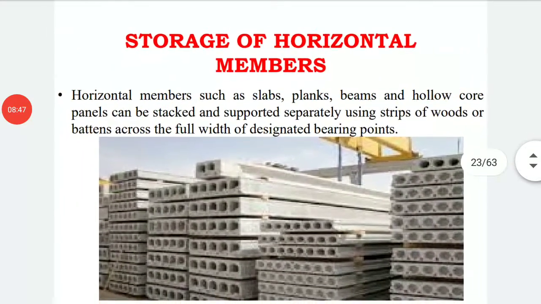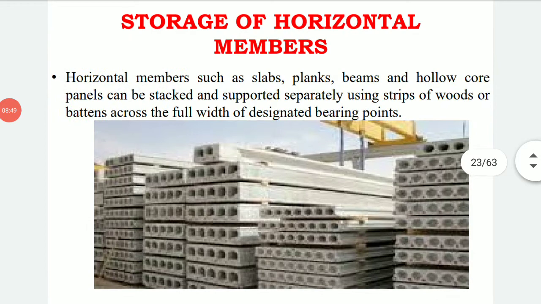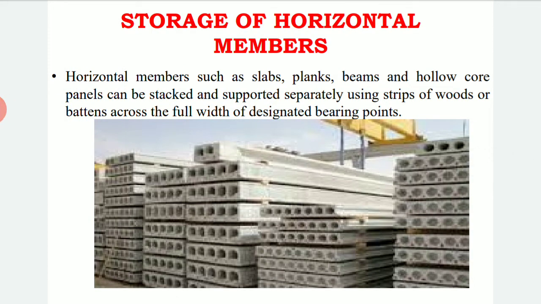Okay, we'll study one by one about these horizontal members and the vertical members. So we'll study the types of storage places, that is, storage of horizontal members. Horizontal members such as slabs, RC planks, beams and hollow core panels can be stacked on a supported system, separated using strips of wood or battens across the full width of designated bearing points. So here you can see in this figure